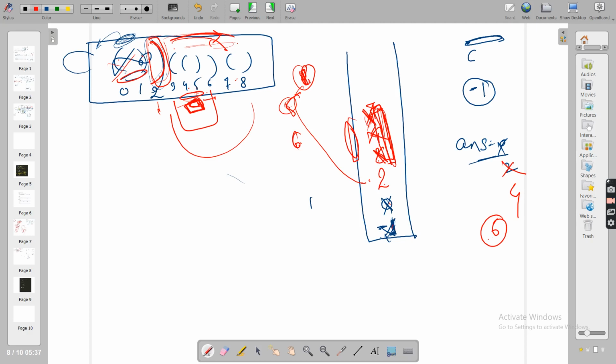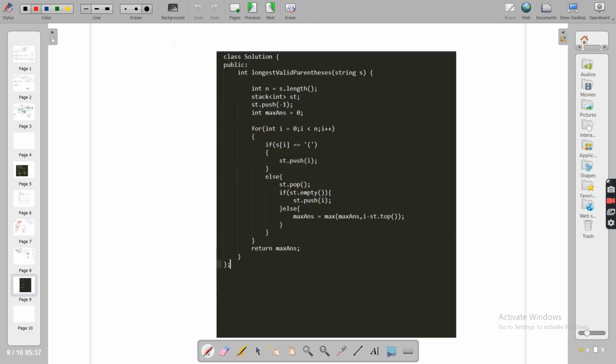The first one is to keep account of the opening brackets, because this is a valid parenthesis problem, and the second and main point is to get the information of the last index which is not part of the valid parenthesis chain that you were finding at some point of time. So this stack is playing two roles here. Okay, now let's see how I solved this example.